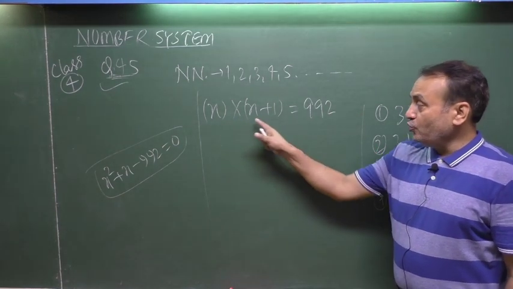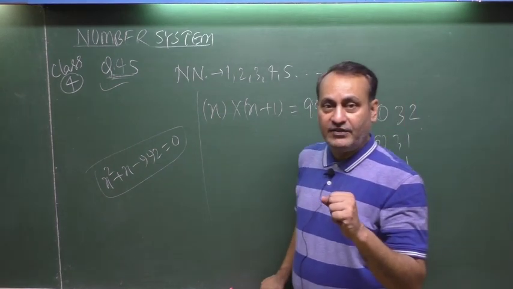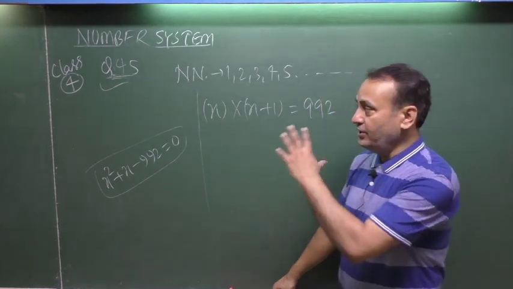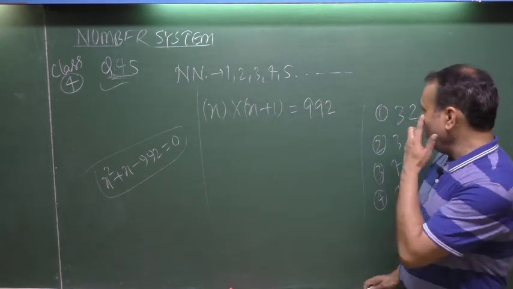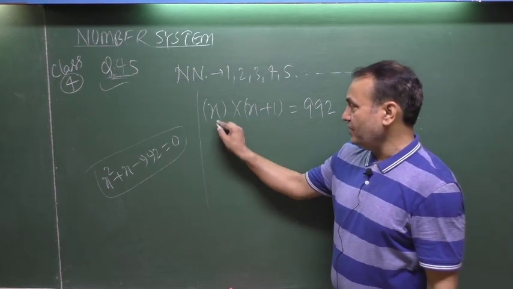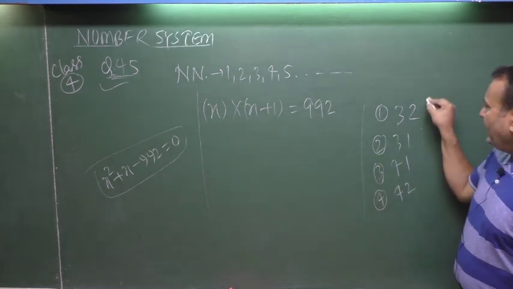That means these are two consecutive natural numbers. The question has asked you to find the smaller number. That means every option value is for x. Suppose 32 here, this will be 32 plus 1, 33, and